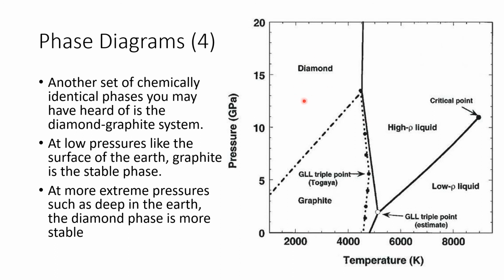All you've got to do to make your pencil lead into diamond is shove it down into the deep mantle of the Earth, which you can't actually do. But if you could, you'd make diamond out of all of that. And of course, if you maintain those pressures, but you heat it up enough, you'll actually liquefy your diamonds. You'll actually melt them. So this demonstrates how you can have different phases